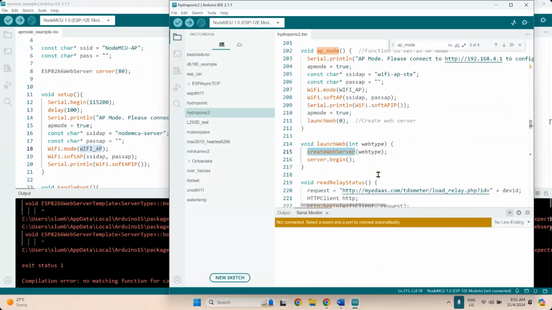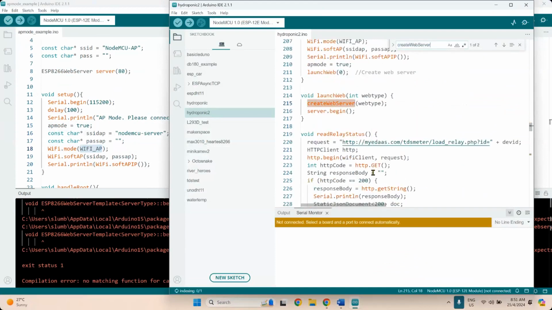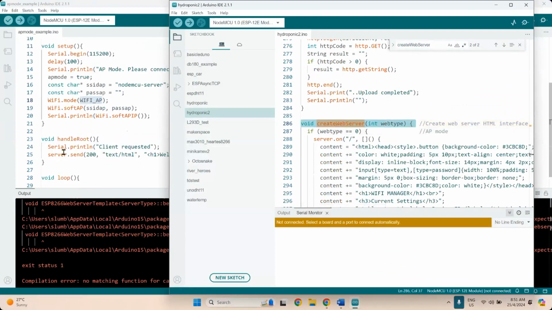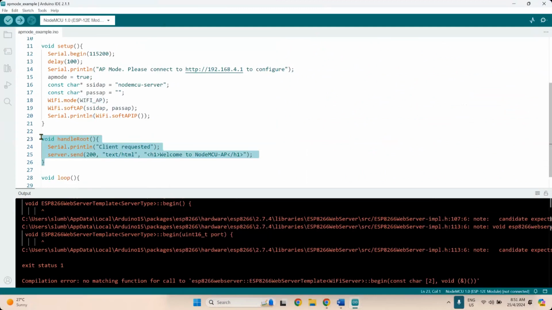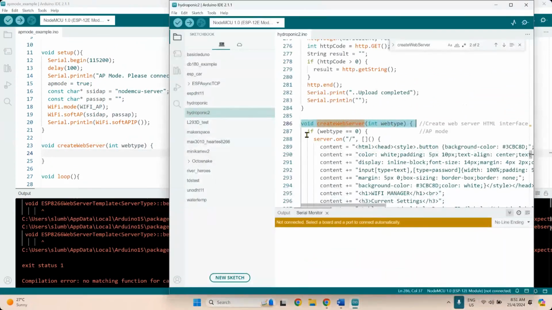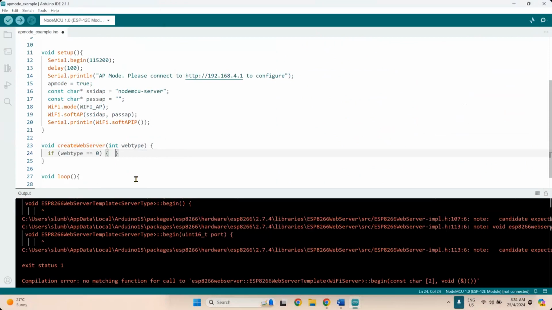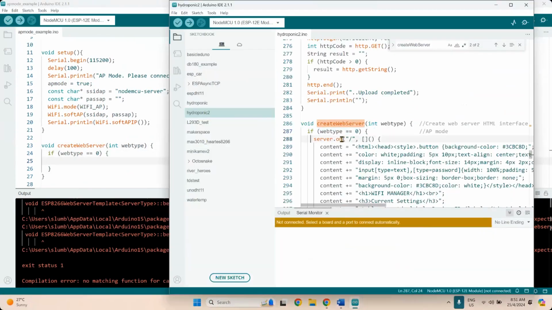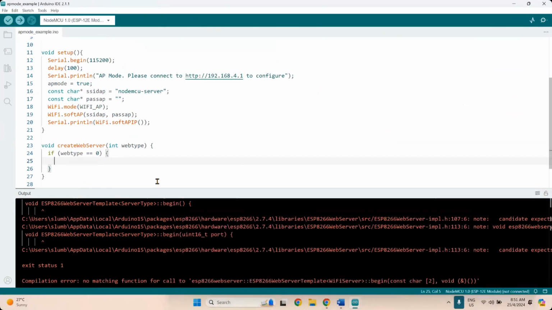Create server, web type. So let me just create a simple server first. So this is my server. I'm going to remove that. Go to create server. If web type equals 0, and then server.on slash.